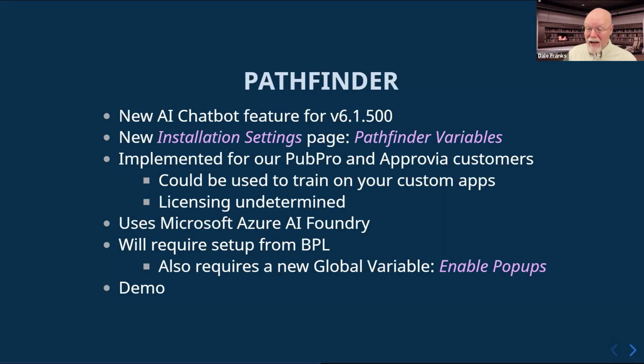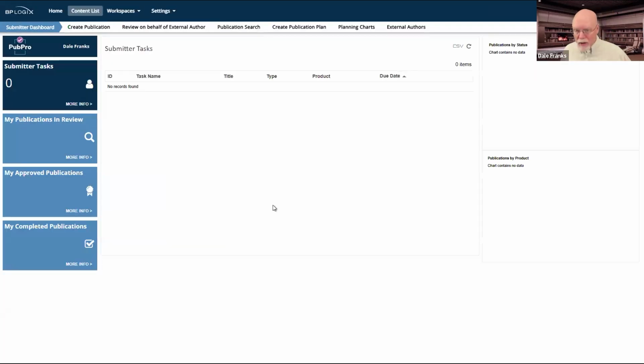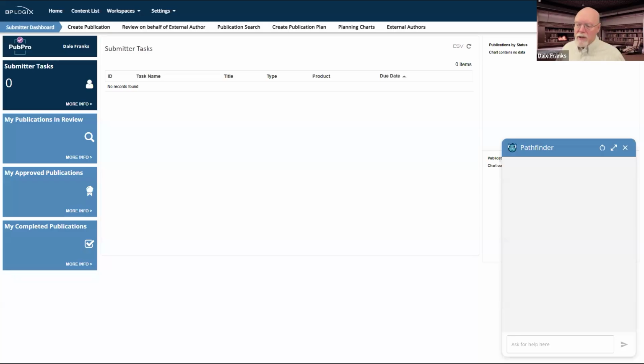So, for example, if we go back over and take a look at an installation of PubPro that we have running, if you look up at the top of your screen, in the upper right-hand corner, there is an extra icon here. This is the Pathfinder icon. And when you click on it, it opens up the AI chatbot window.